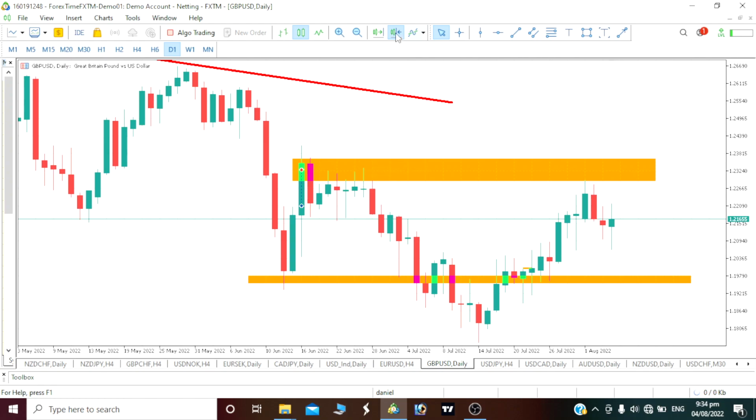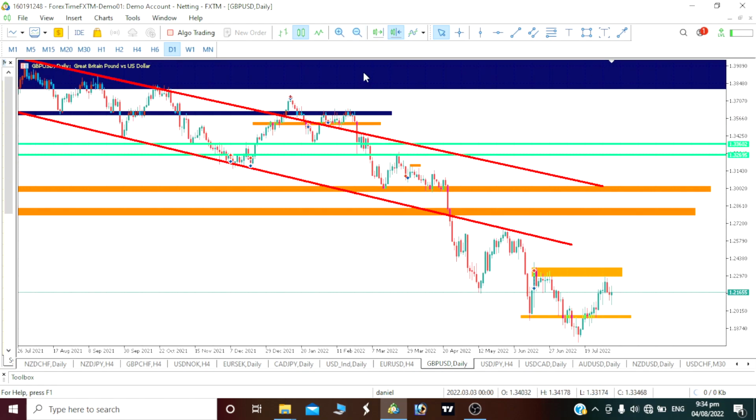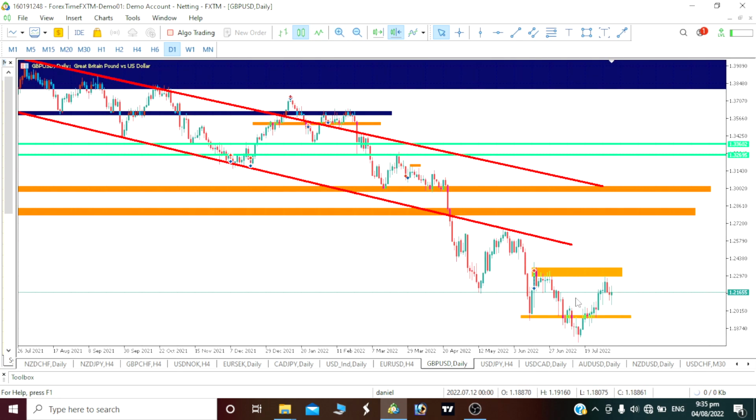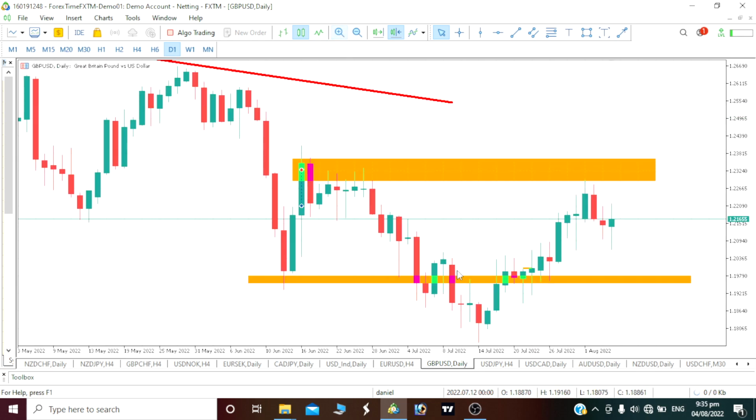Now on this pound, by the way, we are seeing on our daily time frame that the long-term trend is bearish. Our pound to our USD is falling rapidly. Once we start having this pullback, a bullish move, we see this rejection here, which means our price will be dropping, and we should be expecting a drop to around this area, which is about